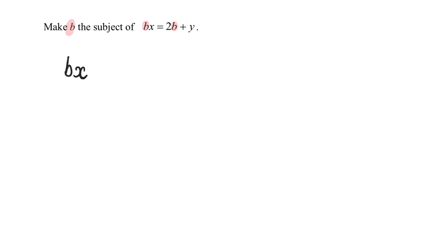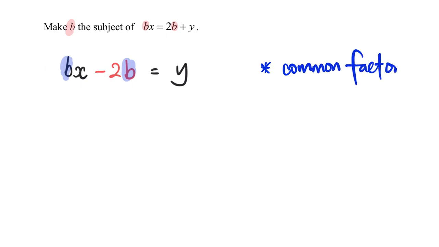Bx, I'm going to minus 2b on both sides, so that you will see minus 2b here, and I'm left with y. Next, I do see that b has now become a common factor. So what this means is that we could then factorize b as the common factor, and I will have x minus 2 in,